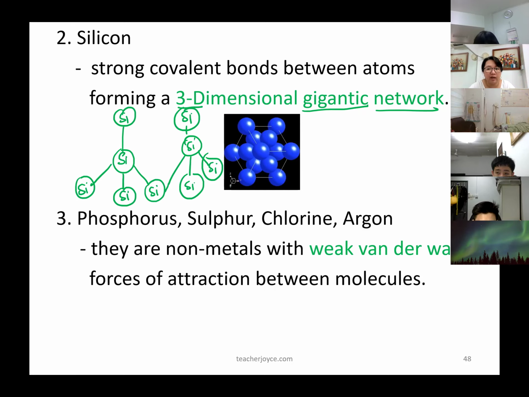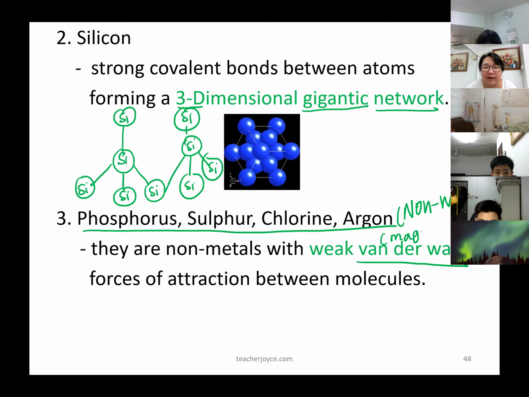Understand? Clear? Okay. So when we go after silicon, guys, it will be all the non-metals. When we talk about non-metals, we are talking about van der Waals. Van der Waals seems like a piece of magnet. The feeling of magnetic, two magnets put together. Oh, I don't have magnets here. If I got two small magnets, you imagine I break it very easy, right? Correct? But if I have two big pieces of magnet, now I got to separate it, I need more energy,